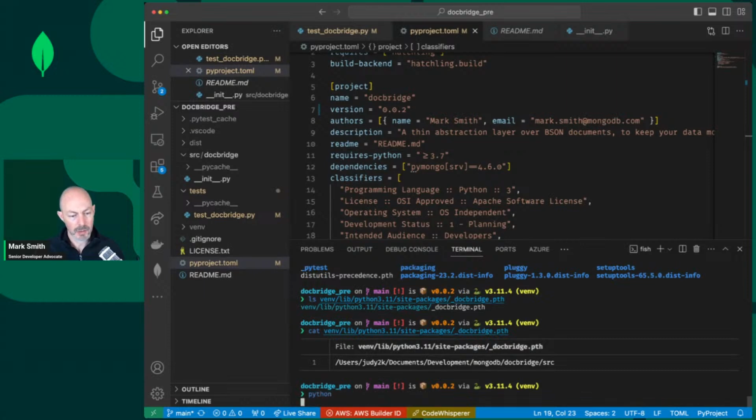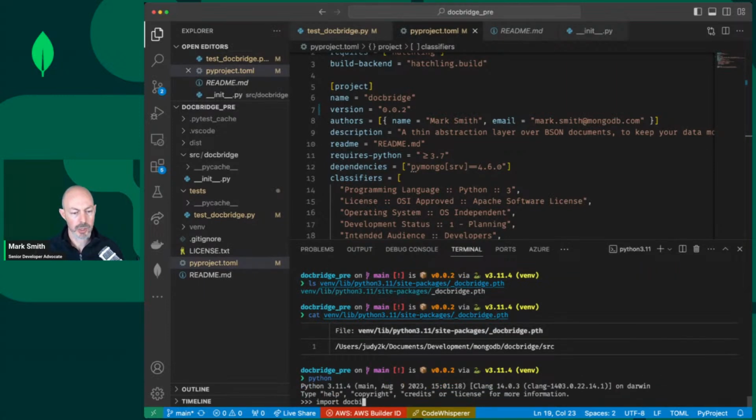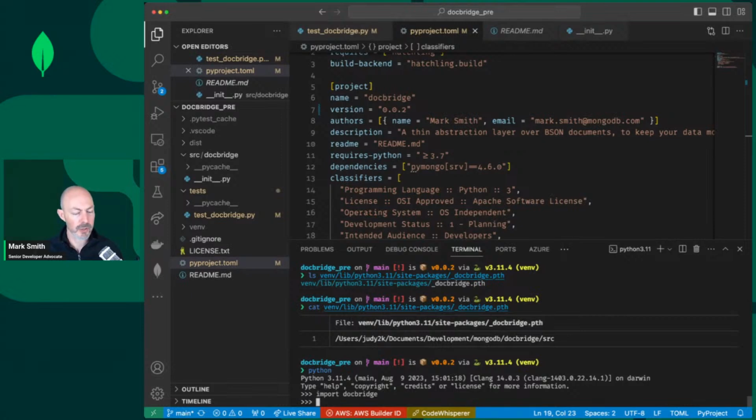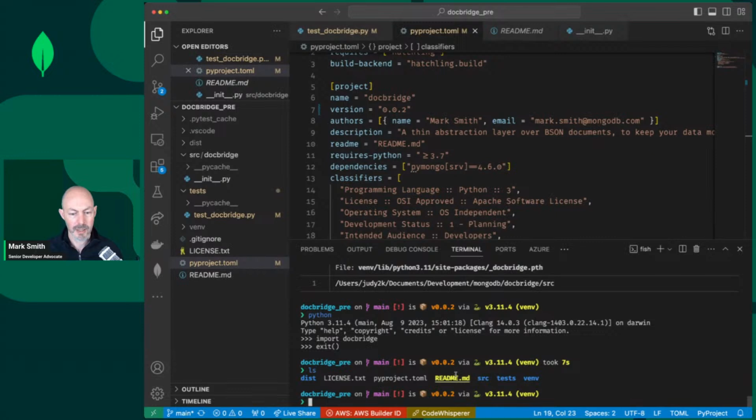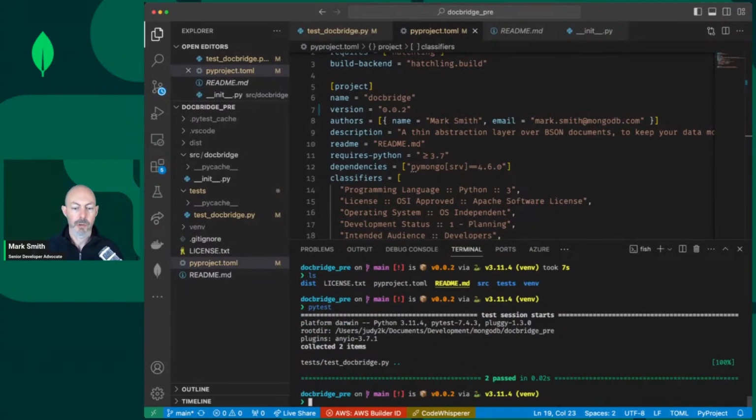So now I have docbridge installed. That means I can run Python. I can import docbridge, and this is from the top level directory. I put my code underneath a source directory so that I don't make any mistakes here, because normally your current directory is in your path. So I could just import docbridge without having installed it. But actually you want to install it, partly to make sure it installs, but partly to make sure that your tests are running in a kind of production environment, the same way that your code would be installed in a real piece of software. So now I can run pytest, and it will find the docbridge code, run my 2